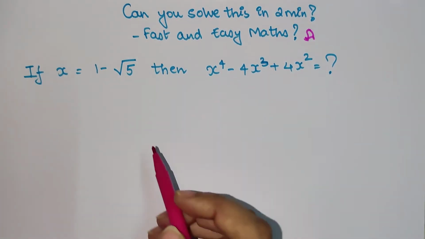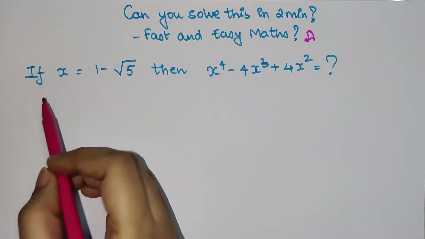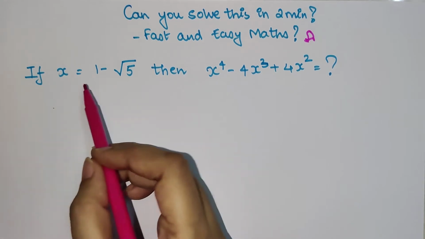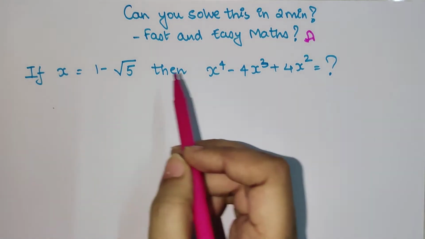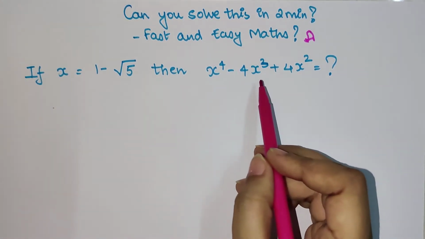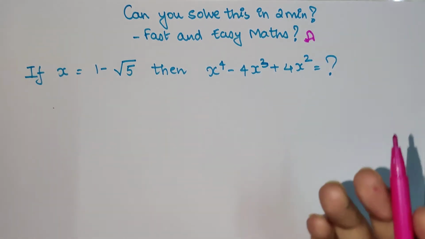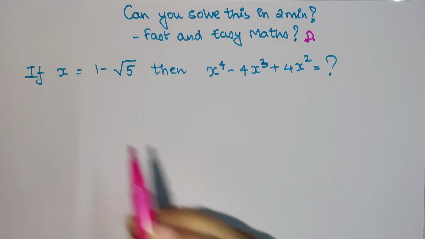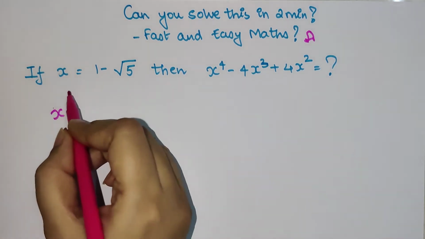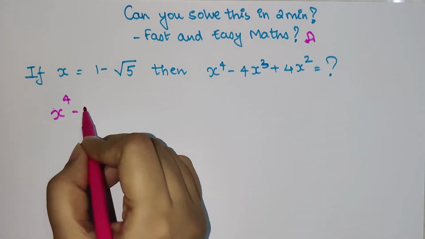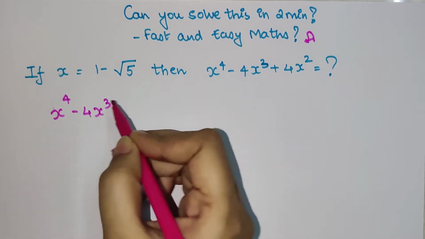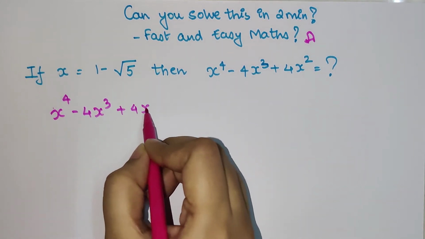so let's begin. What they are saying is, if x is equal to 1 minus root 5, then x raised to 4 minus 4x cube plus 4x square is equal to what? Okay, so let's write this down. What they have given us is the x value, and they are asking us to find the value of